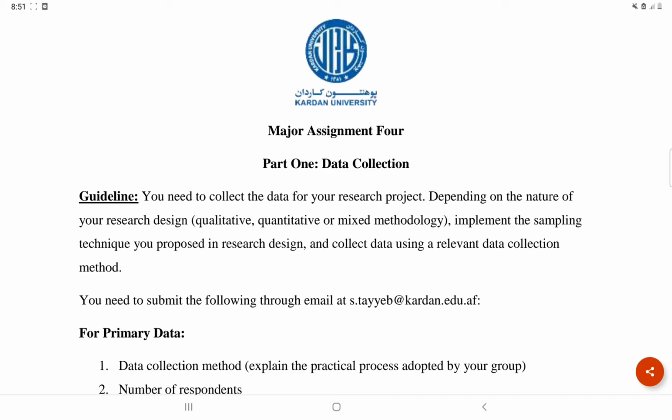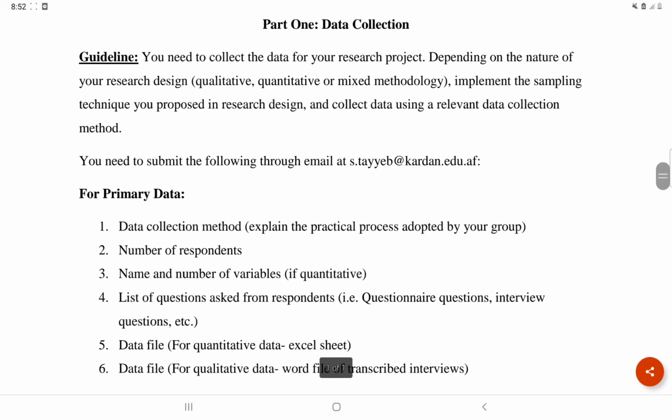So now is the time to implement that whole research design that you have designed for your study, but only collection of the data is what our first part of the assignment is all about. So let's begin with one by one explaining what you're supposed to do. You need to submit the following through email at